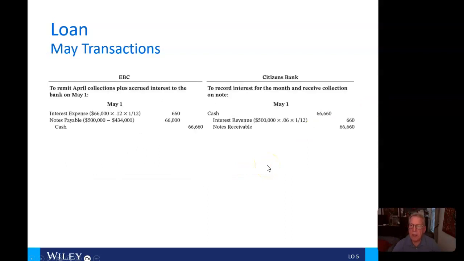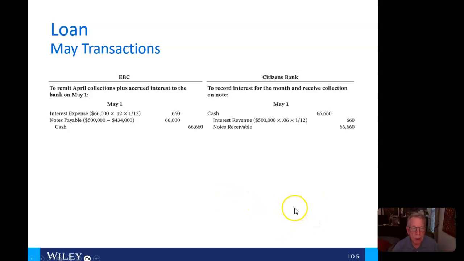Okay. Now, finally, EBC is going to remit the April collections plus accrued interest to the bank. And here we have the $66,000 times 12% times 1 month. Notes payable is going to go from 500,000 less the 434,000, leaving us with 66,000. The cash we're going to pay as EBC is